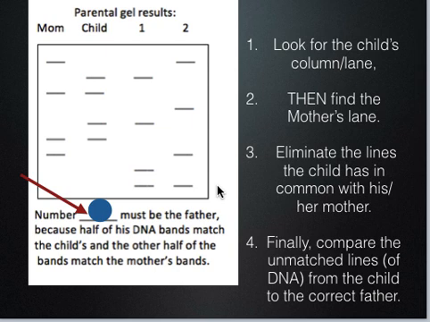Now, real gels that identify a father of a child, they don't use just 2 lines like we did here. It's required to be a 14-line match or more. So we want to make sure that you don't have the baby's daddy be the brother of the actual father of the baby. So you want to make sure that you've got the right person. So it's got to be a 14-line match, not a 2-line match like we did here. But it's the same principles. Okay. So that concludes these